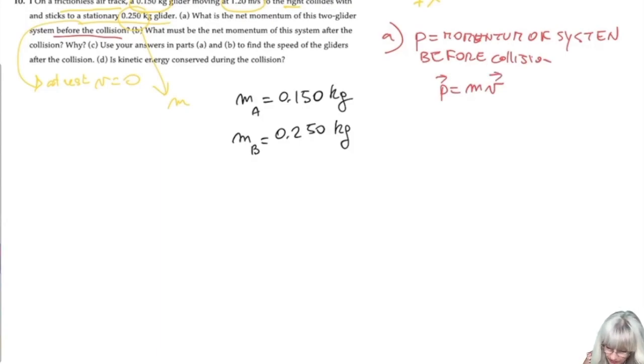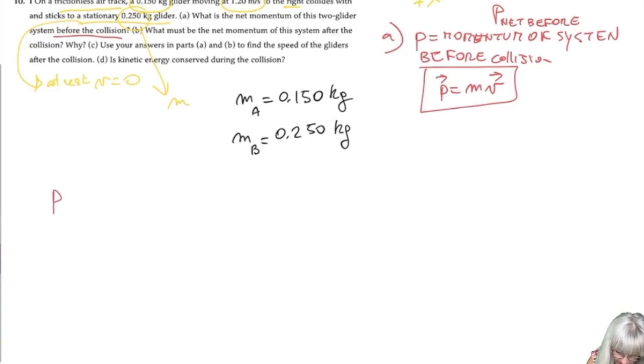Vector, because the momentum is a vector like the velocity. So the momentum p before the collision, I'm going to call it p net before. So this means that the p net will be given by